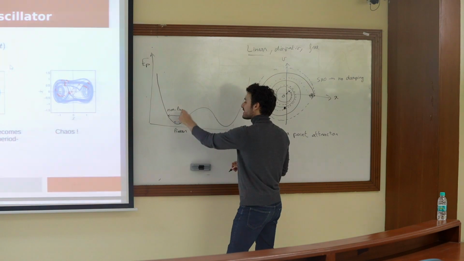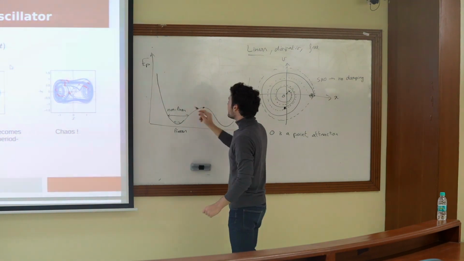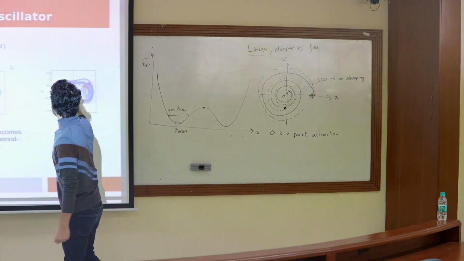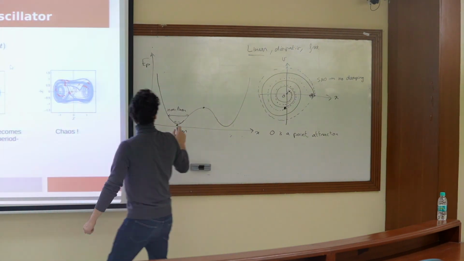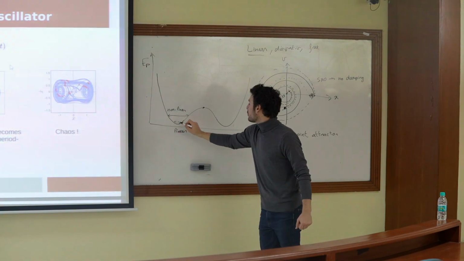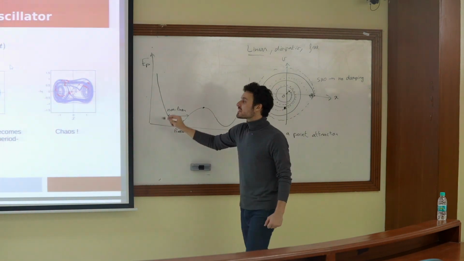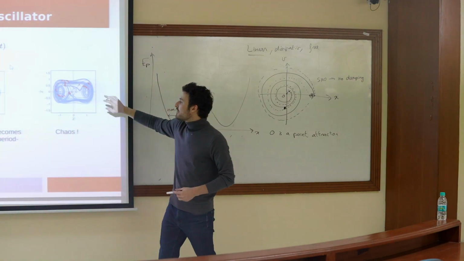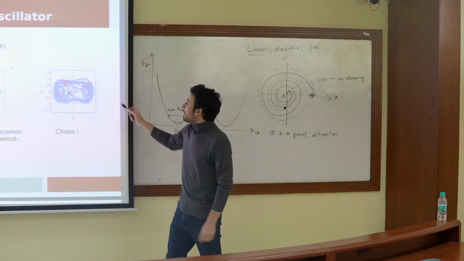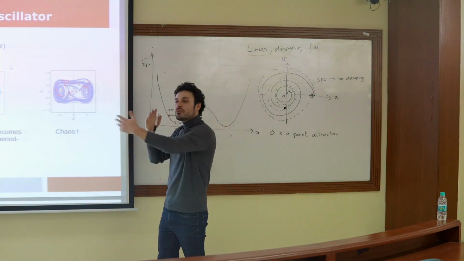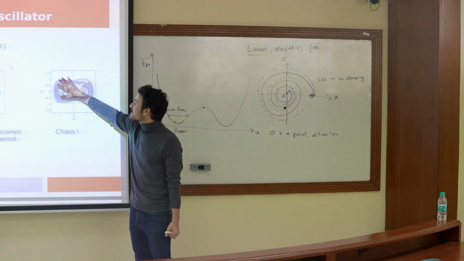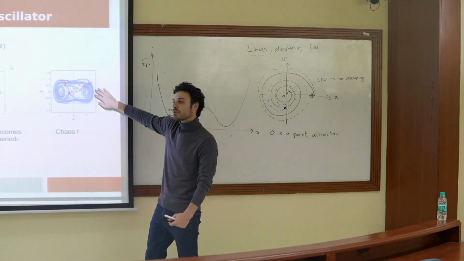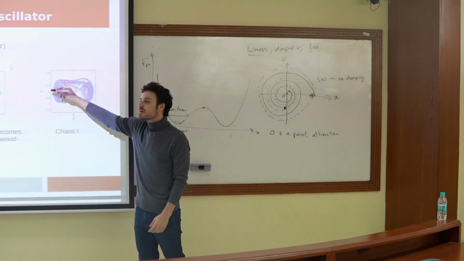So your system oscillates like that. And then at some point, it's going to cross the unstable fixed point. And instead of staying around here, it's now going to move from one basin, from one well, to the other. And it will do so at some point chaotically, right? And you can see the structure of this thing. This is what we mean by a strange attractor. You can see that ultimately your system remains bounded. Its maximum velocity never exceeds around 1. Its maximum displacement never exceeds around 1. But this trajectory is infinitely complex.